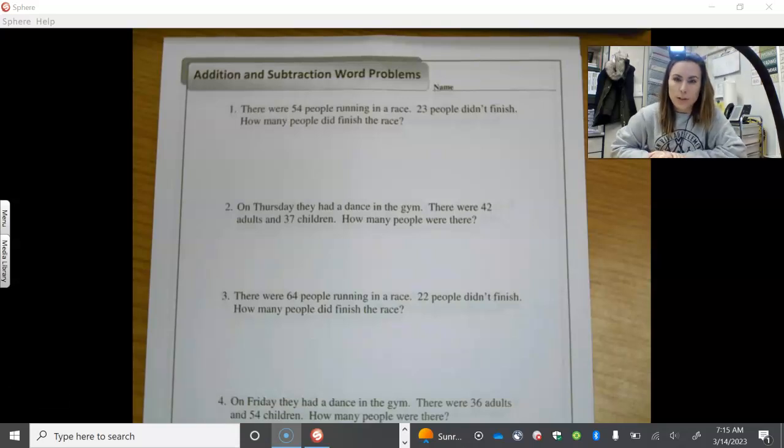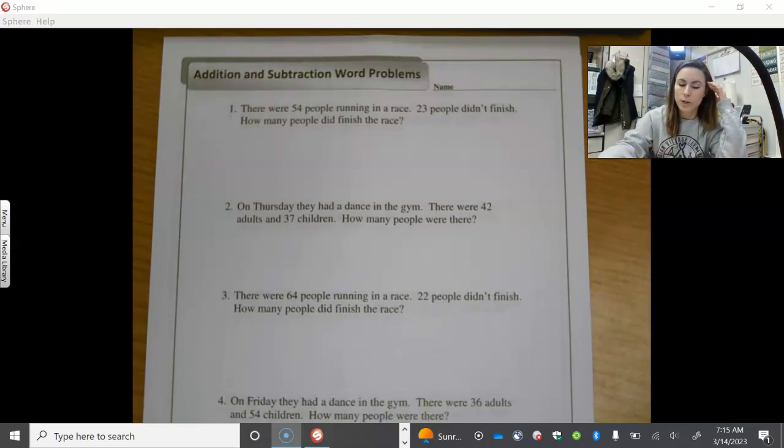Today we are going to be doing some addition and subtraction word problems. So in each of these problems you are going to have to decide if it is addition or subtraction. Look for some words in the story problem that kind of give you clues as to which one it is,